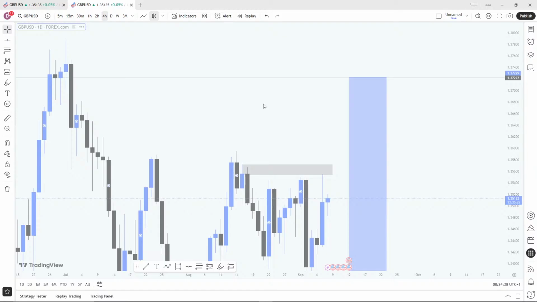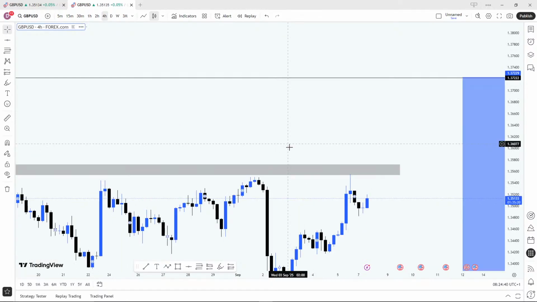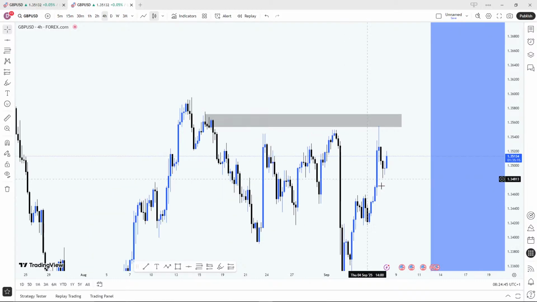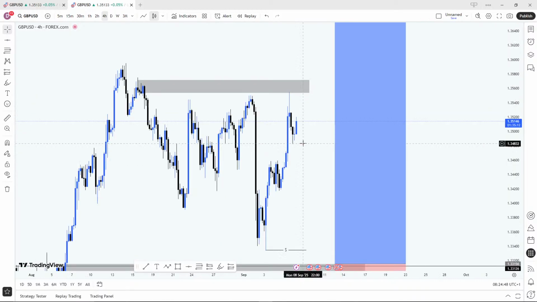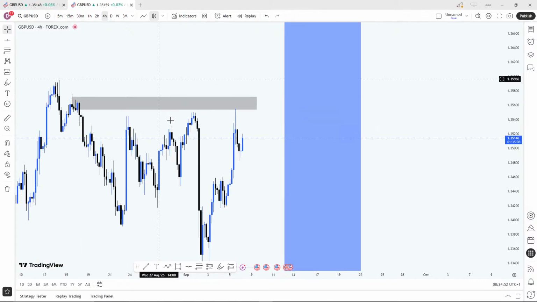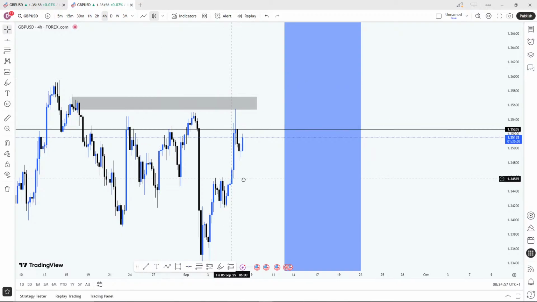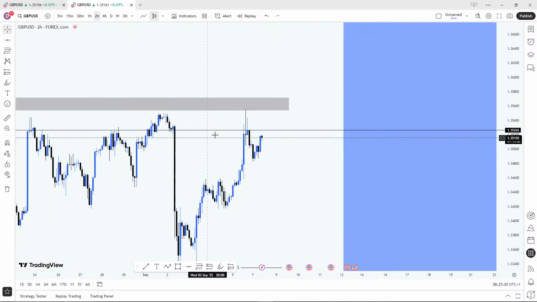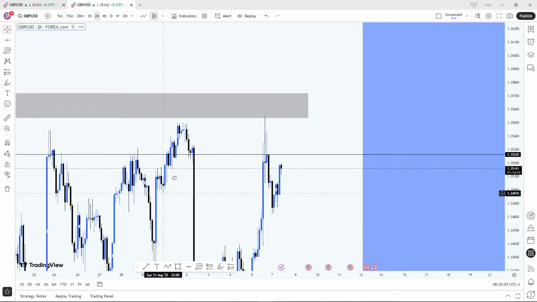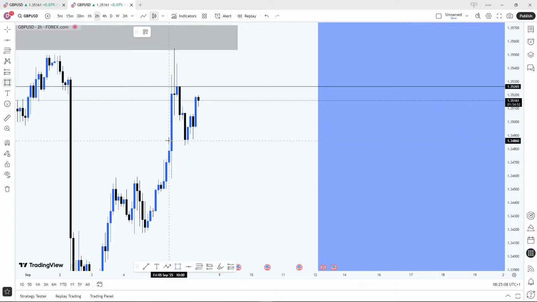So let's go to a lower time frame, let's validate this and see if it has all the criteria complete, if we can start looking out for any trade opportunity. So on a 4 hour time frame, we have this long wick right here, an order block, a possible zone this market can sell from. Then on a 2 hour time frame, it also has its own order block right here, a nice zone where this market can buy from. And I guess that's where it started buying from.